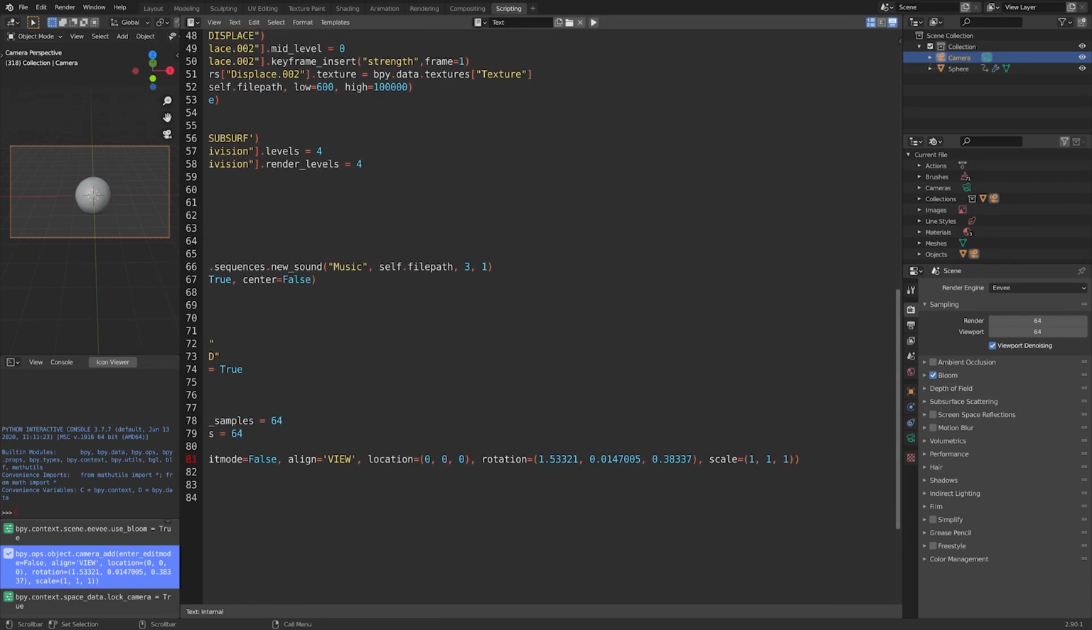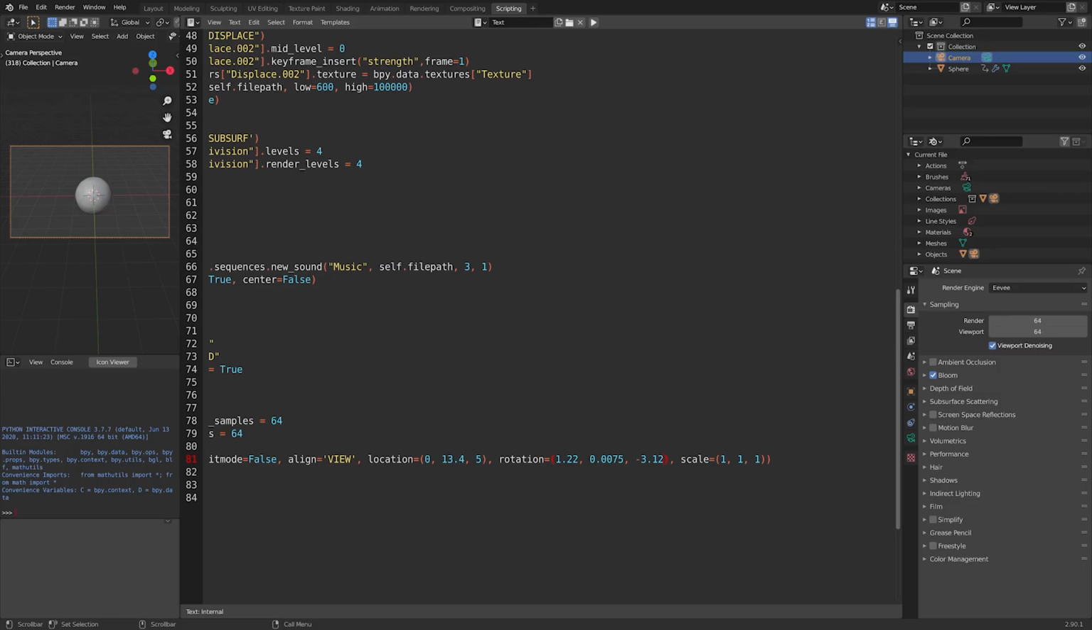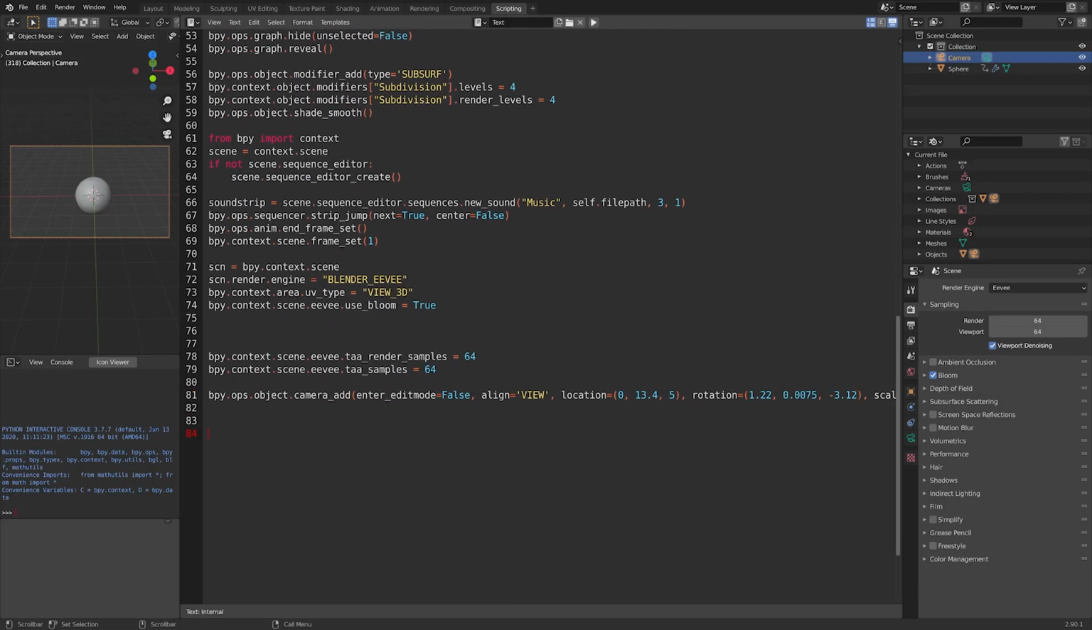And then we can edit the location first. So let's set the Y value to 13.4, and then 5, and then 1.22, and 0.0075 for the Y-axis for the rotation, and then minus 3.12, which we got from the item rotation and location information. Okay. And then next, we're going to save, and then we will set up the world settings so that we